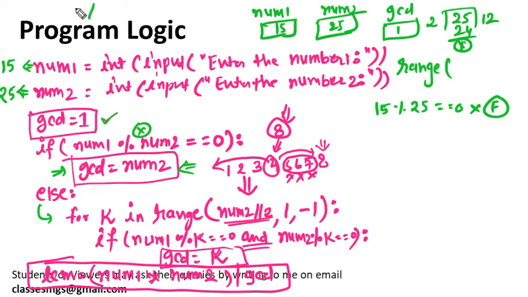So the quotient will not come in float if you use integer divide. You should know the difference: if you divide 25 by 2, it will return 12.5, and if you write 25 double divide 2, then it will return 12 only. Don't include the float part in this case. You should know floor division, double division and single division. This is known as floor division also, or integer division. Okay, that's why 12 will be the range function's first argument.